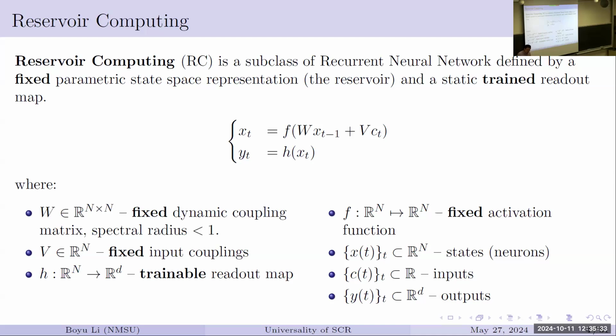Okay, but here the reservoir computing is a little bit simple. Basically you have this updating your memory card. That one is always fixed. Those, the B, W, and F, they're always fixed. So you're not going to train anything. Okay, all your training is going to be in this H part. So H is the function. There are several different learning functions like sigmoid, those kinds of functions. You put it into the H, and you try to train the H based on the output and so on. Okay, so all the training is in H, and the X and C, this dynamics is fixed. Okay, so this is called reservoir computing.